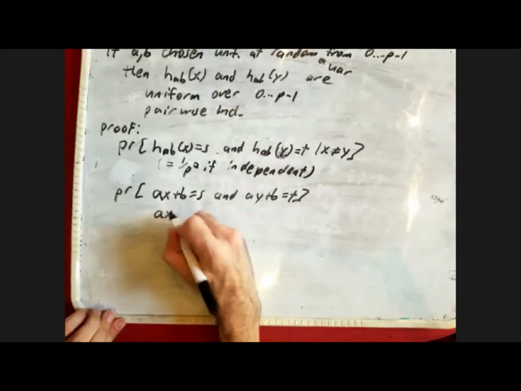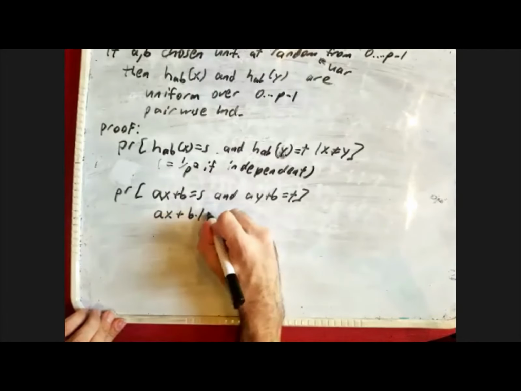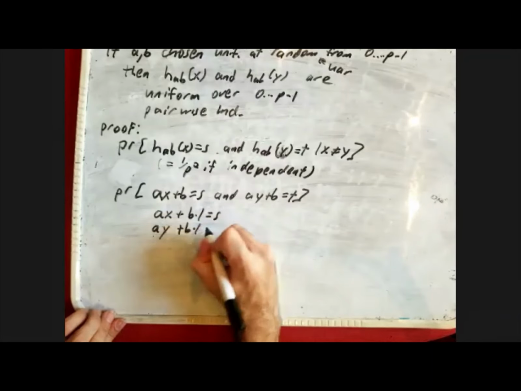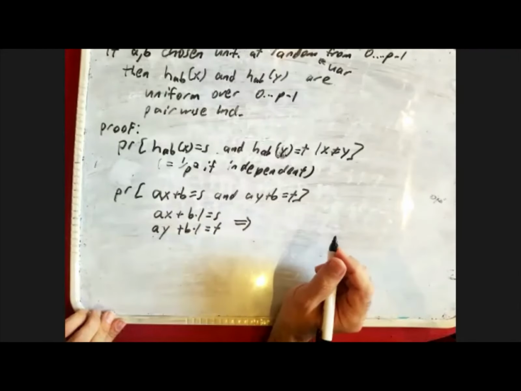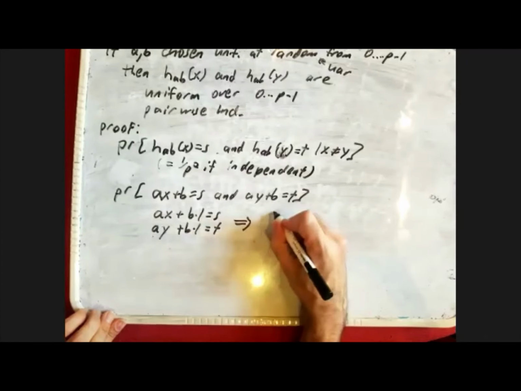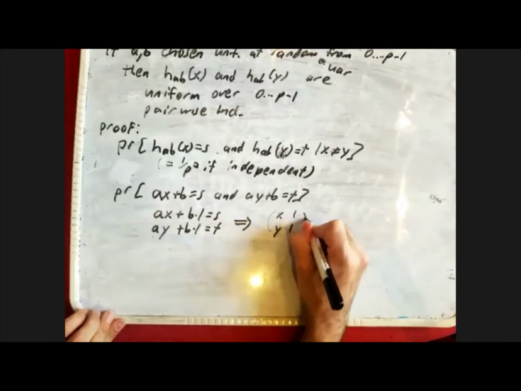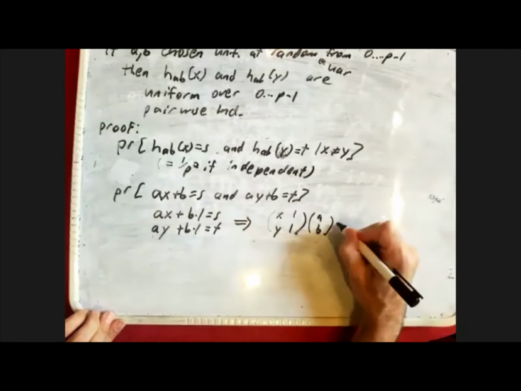If I say AX plus B times 1 equals S, and AY plus B times 1 equals T, in matrix notation, this is just saying that the matrix that looks like this times the AB vector is equal to